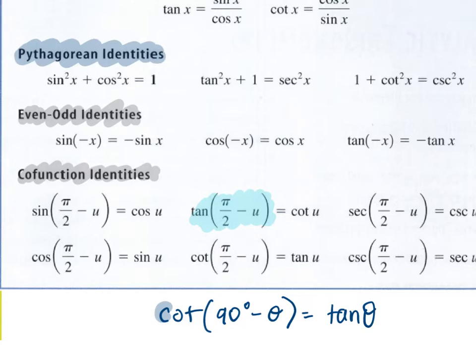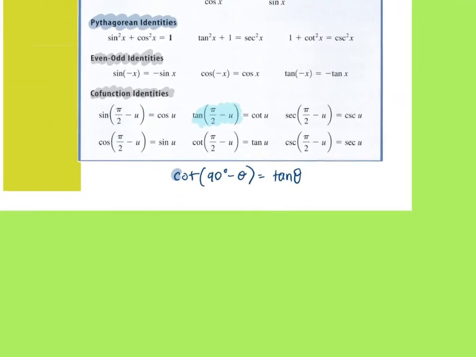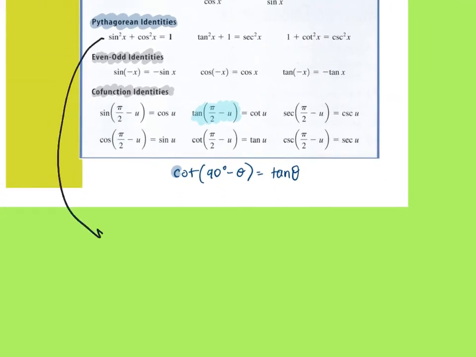No problem anytime. All right, so the Pythagorean identities, like I said, I'll show you a trick. If you can learn the first one, which is sine squared plus cosine squared equals 1, then there's a trick to get from that one to the other ones. Again, you can memorize it, or I'll show you this trick. So if I take that statement and I divide each of these by cosine squared,